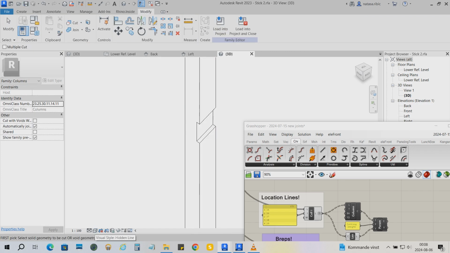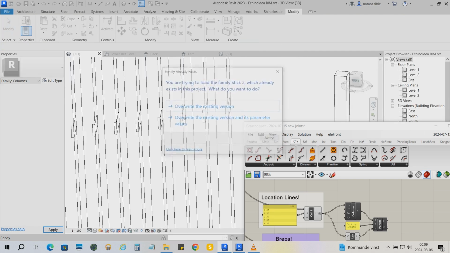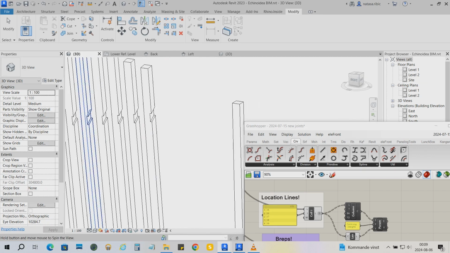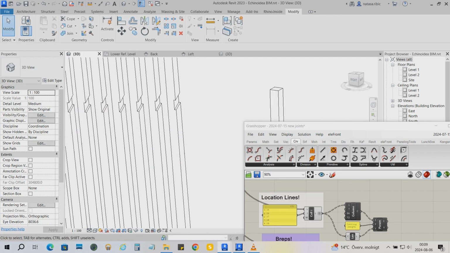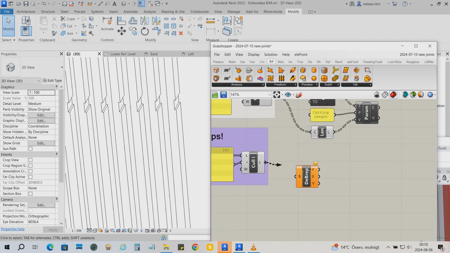And before we do that, I think I want to erase my model lines. Press tab. Now I can load it into project again. Now I have my joints, but the position of the joint and the length of the joints is not correct. Let's go to surface, deconstruct break, connect the list,